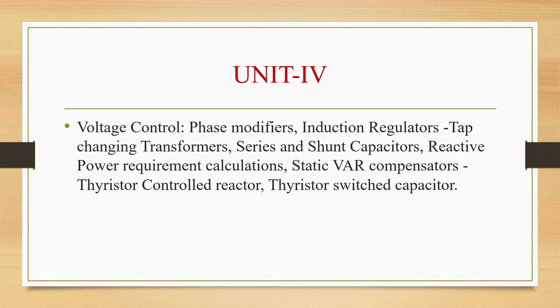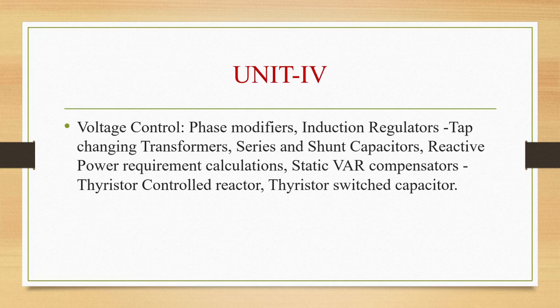So the principal cause of voltage variation at consumers' premises is the change in load on the supply system. Okay, as the load is always changing, the consumers can be not only a single house. If you see a single apartment, there are many families in that. Now those many families will have many loads, and load can be increased or decreased based on time, also based on day. Okay, there are several other reasons where there will be change in load. So because the load is changing, voltage is also changing.